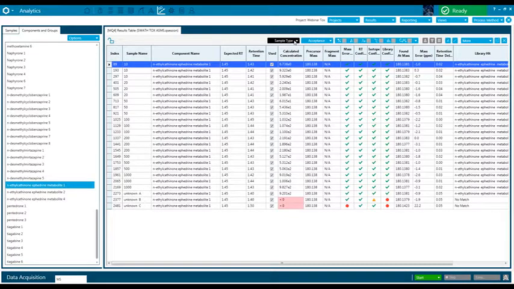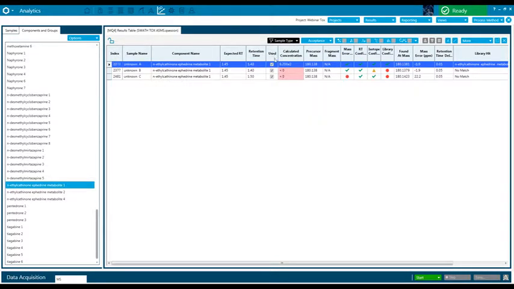For example, I can select only my unknowns. You can see I selected my unknowns. You can see that the calculated concentration is only for unknown A, and it indicates that I have a positive result for this compound only for the unknown sample A. I can change the acceptance criteria for the calculated concentration, for example,